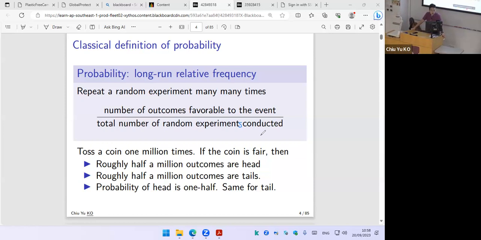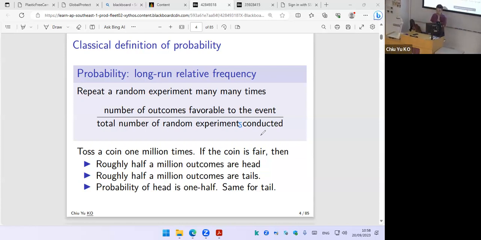Okay. So suppose the coin is unfair, right? Suppose all of them are heads, like a big coin with both sides head, so it's always head. That would be 1 million over 1 million. That's 1. So by the definition of a fraction, probability must be between 0 and 1, right? There's no meaning to a probability of 2 because it's a fraction. There's no meaning to a negative probability. Okay. So that is the idea.